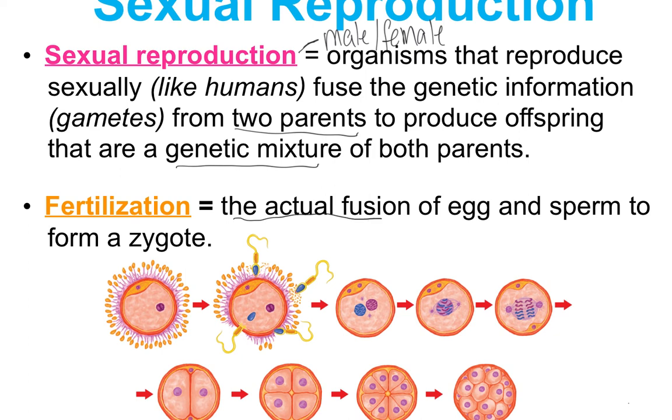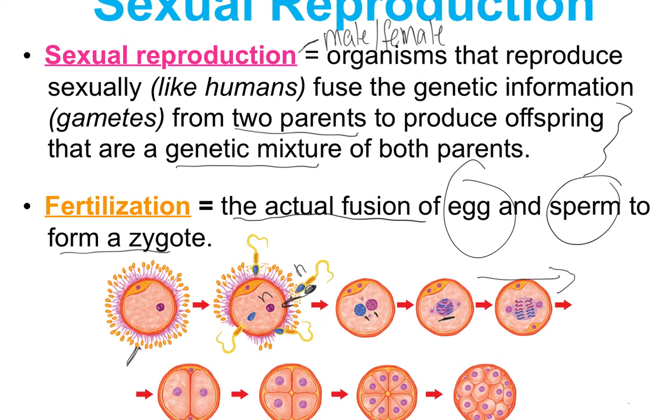Fertilization is when we actually fuse together egg and sperm to form a zygote. In the drawing down here, you can see that here I have an egg cell, and sperm, which have the other part, here's N, and here's N, of the genetic information, have to enter the egg cell, and the two cells will now become one. Their genetic information will be fused together, and this will be the process of